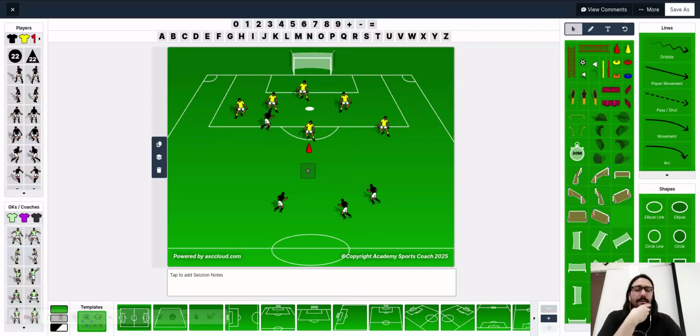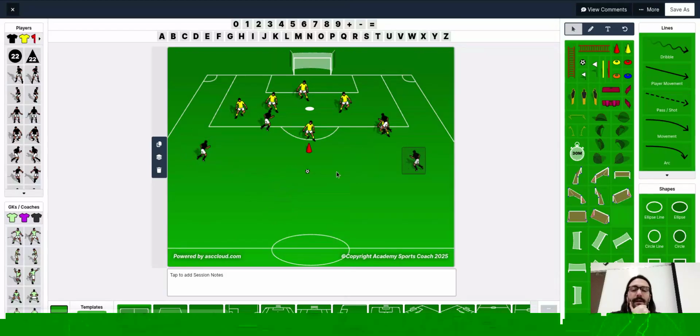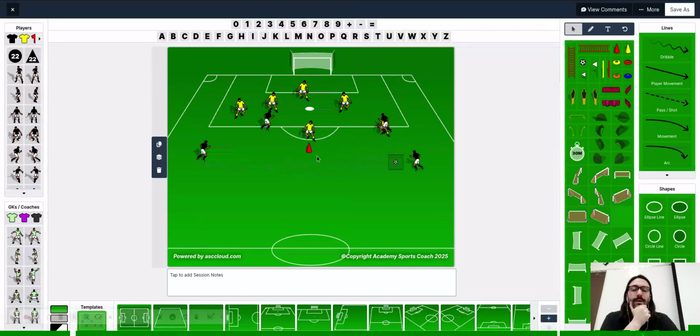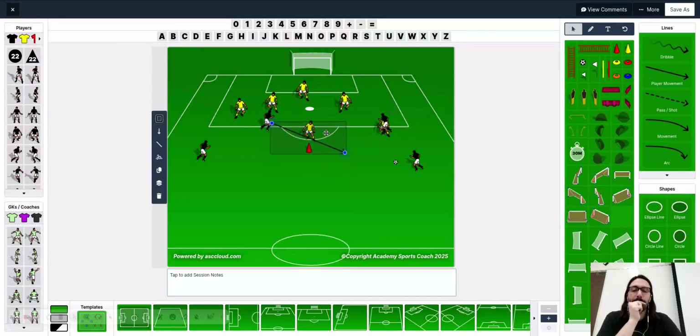I mean, there's a lot of different things you can do. But this would be a great one for teaching them the off-the-ball movement and being patient. We can move the ball as much as we want. They're not going to attack. They're going to play a very low block. We can switch here, see how that works. Maybe we have a player make a run in here. We find a gap in their defense, and we're able to play a shot in here, and we break down that line.